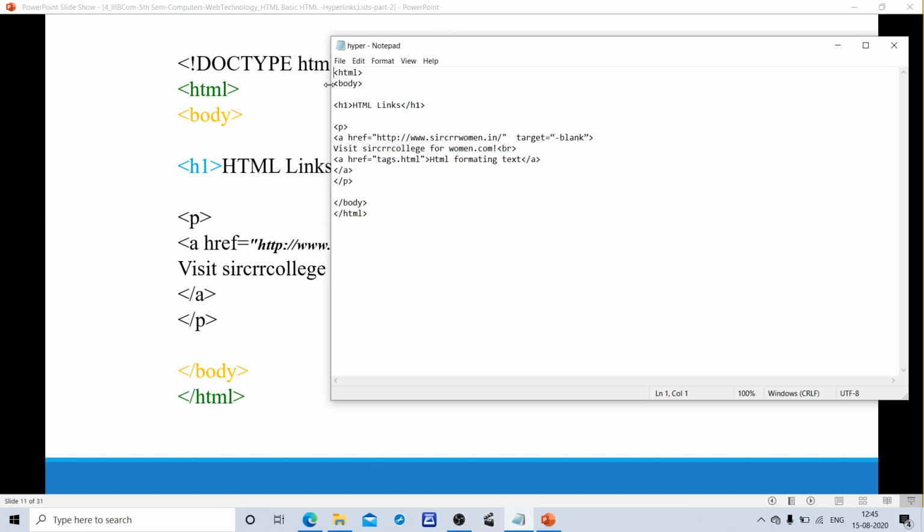I have written this HTML code in Notepad and saved the file as hyper.html. The output of this program is like this. This is our hyperlink. If I click on this, it will open another document, or jump to another page from this environment.